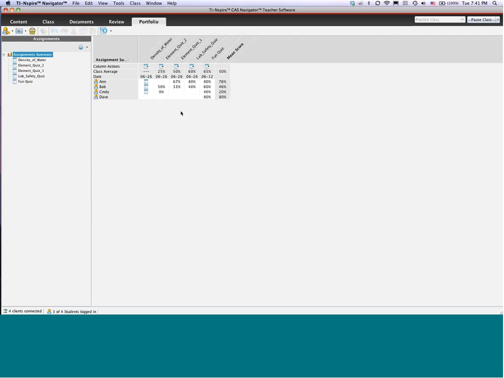Oh, that's neat. Look at that, Cindy's score came in right away. She got a 0%. And Ann got 100%. Wow. What I really like about this is when you have students that are absent during the actual assessment